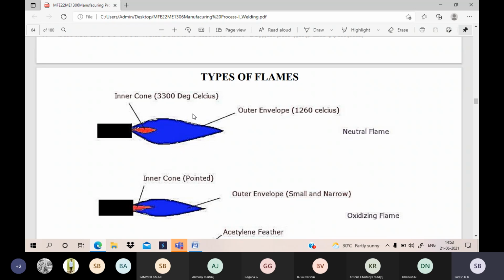Due to the atmosphere, the entire outer envelope is cooled by the external air. That is the main reason the temperature